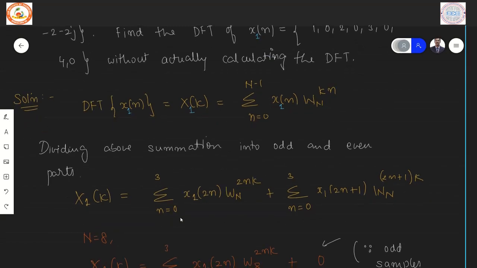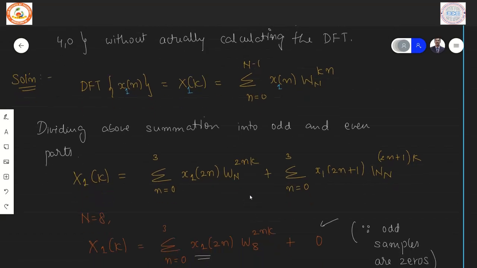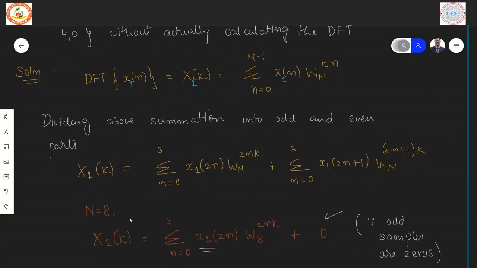So, the odd part can be represented by considering the value of n to be equal to 2n plus 1. The even part can be considered by taking n to be equal to 2n. So 2n multiples of 2 is even and multiples of 2 plus 1 is always odd. Therefore, we get two summations each carrying 4 points. Since the problem states n is equal to 8,